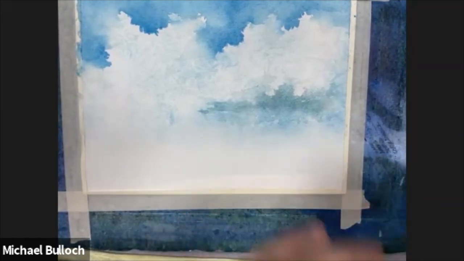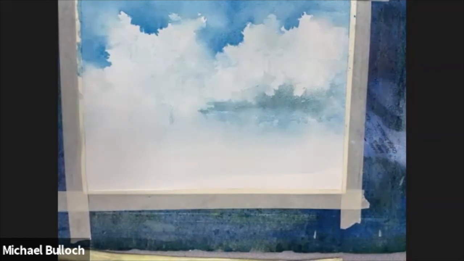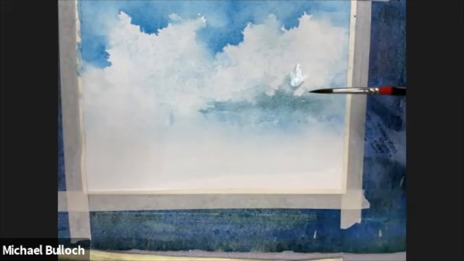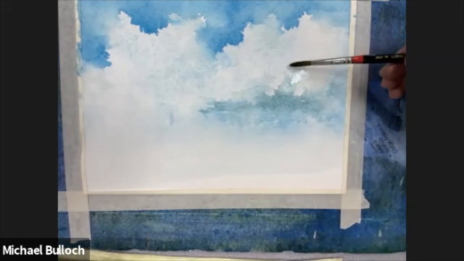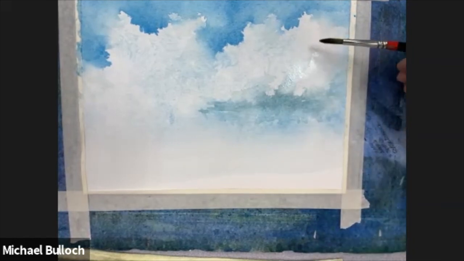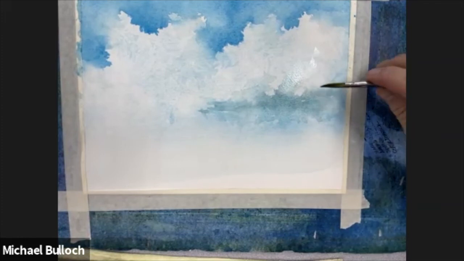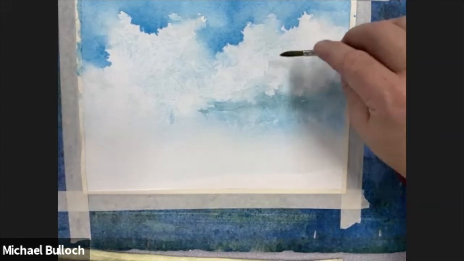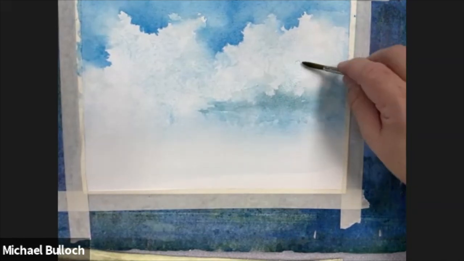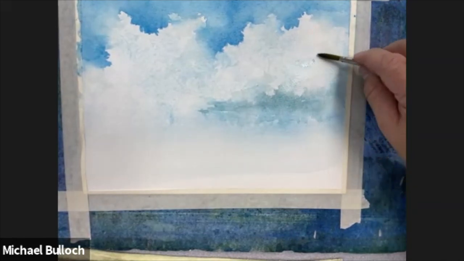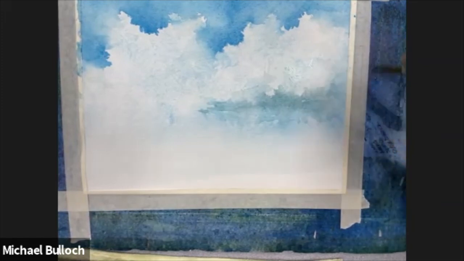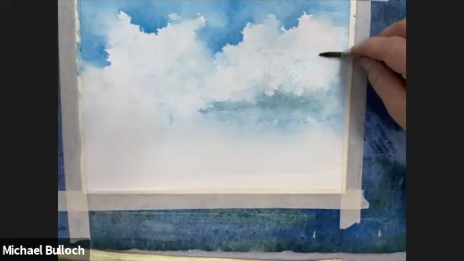So I've added weight to the bottom of that. This is, I think, a little sharp. It needs to kind of come up in here a little bit more. And so what I'll do is I'll soften that with water, and then I can just kind of pull it up with the stroke of my brush. Again, using the side of my brush, and I'm just kind of pulling that up and making a secondary kind of shadowy area up in here where that cloud maybe is billowing down a little bit,